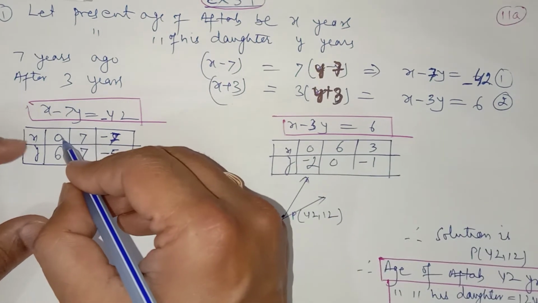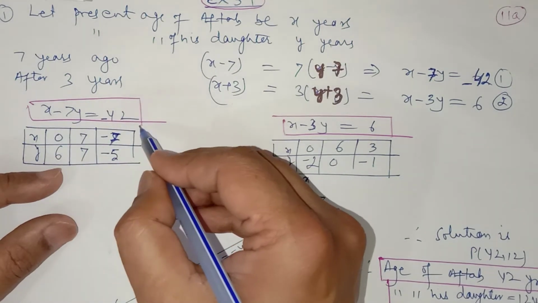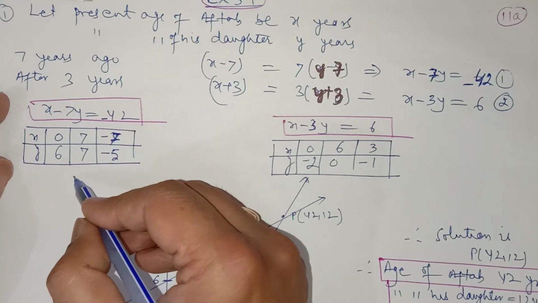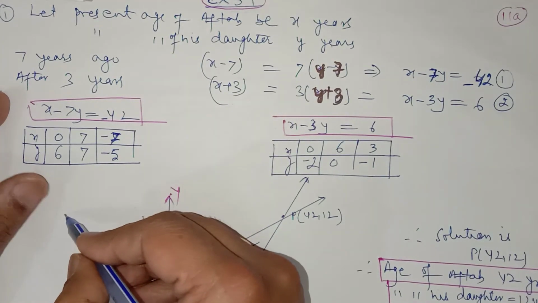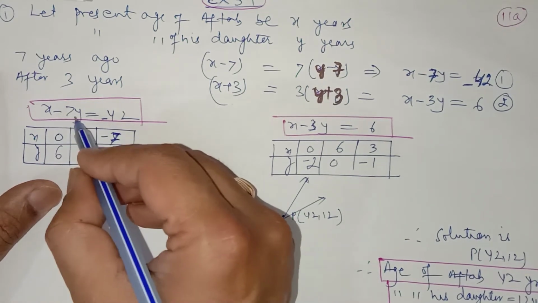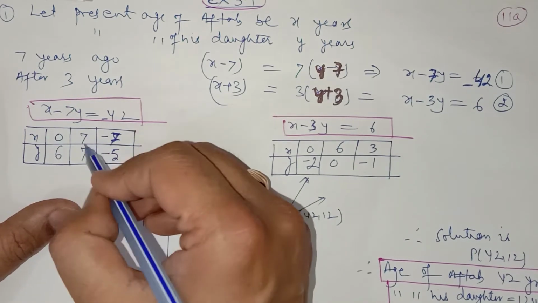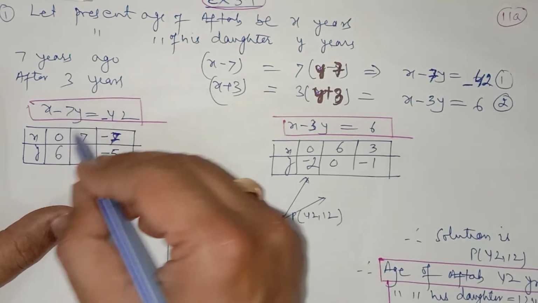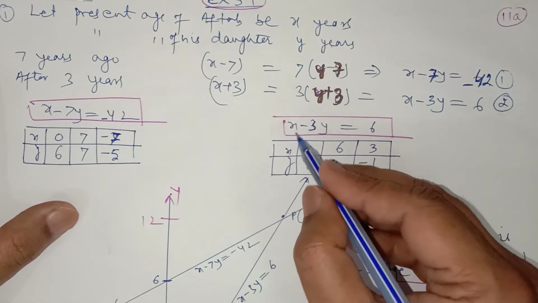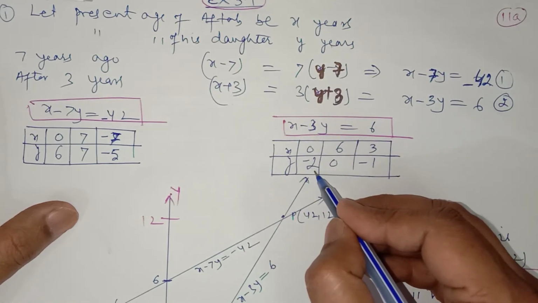Now I have taken here, if the value of x is 0, the value of y will be equal to 6. You can take your own time to do the solution in your rough column, or you can show it in the solution itself. So I have taken x is equal to 0, then y will be 6, and x is equal to 7, then y is also 7, and x as minus 7, then y is minus 5. Similarly in this equation, I have assumed x as 0, then y will be minus 2. You take your own time to do the calculation.